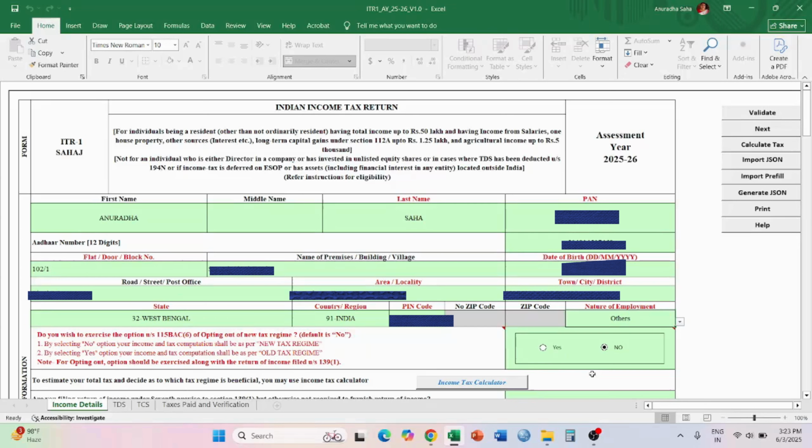Once I select others, I get this page settled. So it is salaried from any private organization. If I have to do it for any government organization or any PSUs, then there are options over here. You can select them. If you're a pensioner, then also options are there over here. So I am doing it for private organizations, so I'm clicking on others.